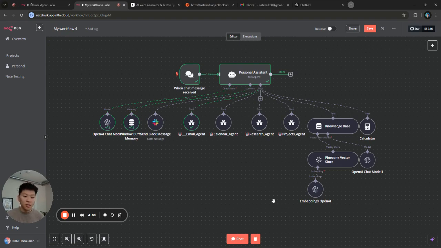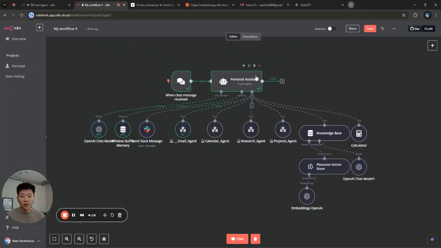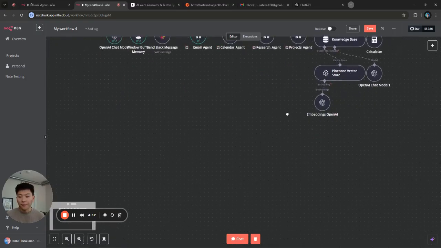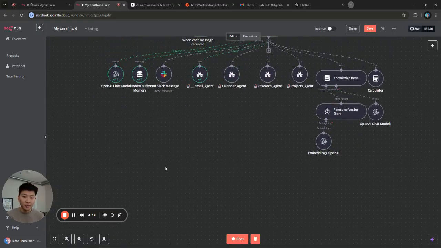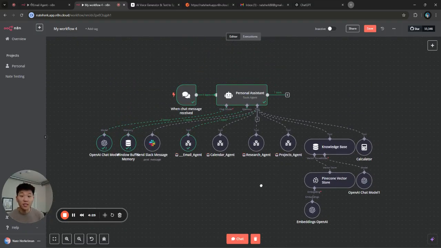But, and this is something I'll talk about more later in depth, if you wanted to do something more linear, you wouldn't want to do this model, because there's a little more variability. You'd want to do different actions that take place one after the other. So let's say this agent's job was to, every single time, first go to the projects agent to create a new project, and then it would do research, and then it would send an email, and then it would send a calendar invite. If it did that order every single time, we would just set up a logic where,